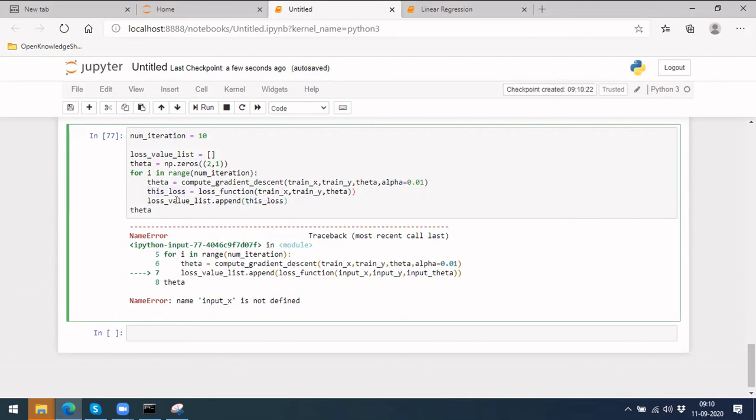Let's print all the thetas, to see how it varies across multiple iterations. First the iteration, then theta, and then our loss. I'm printing all these three every single time. So let's run it.